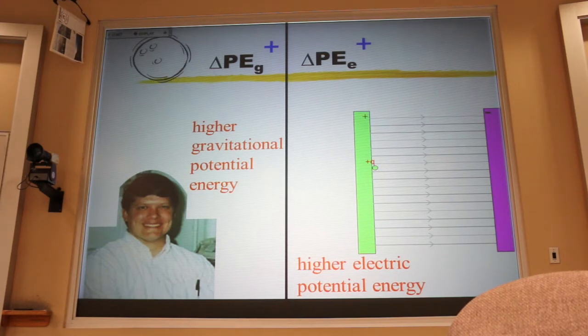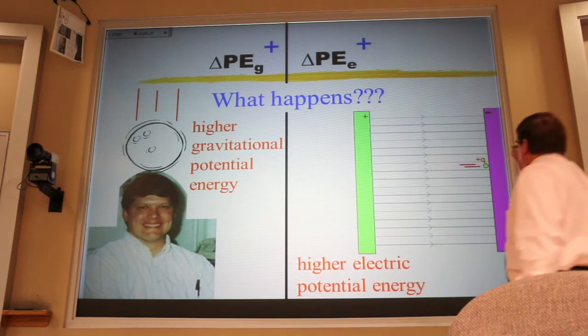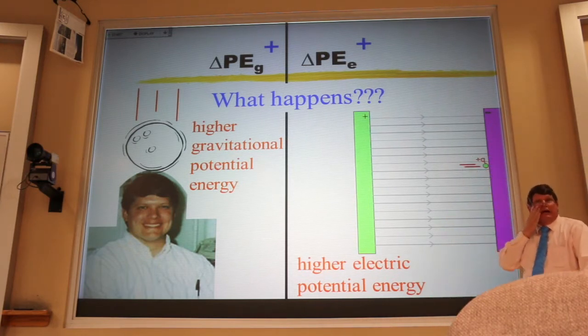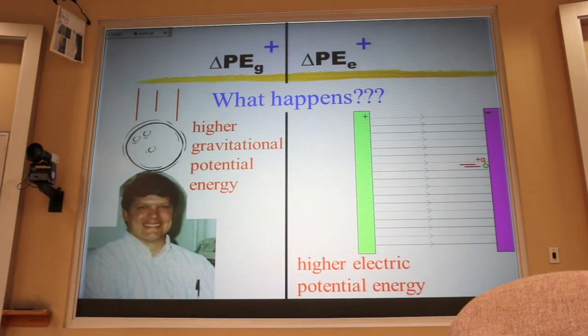When I just let them go, suddenly I find I've got kinetic energy. Okay? The bowling ball has the capacity to do damage to Greg's head. The positive charge now has capacity to do damage to this plate. They have kinetic energy. Now, if I go back to this original equation here,